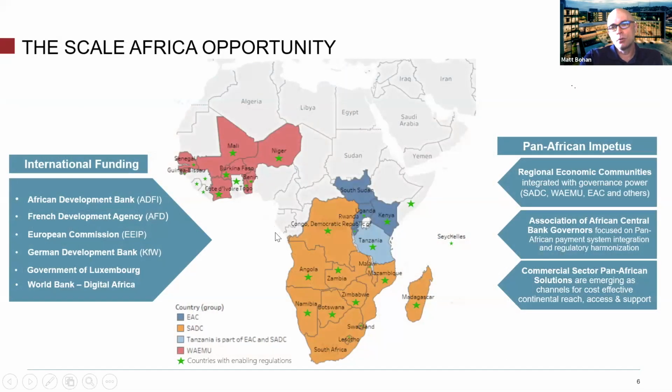In addition to the countries that we focus on, we've also looked at regional opportunities. Making some of these systems available not just on a per-country level, but across countries to regions is quite an exciting opportunity. And as we talk about scale, we know that these systems are relatively expensive to deploy, and the ability to use them across as wide a population as possible brings the cost down and makes the systems more useful.